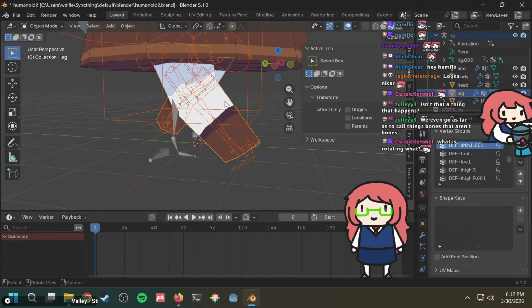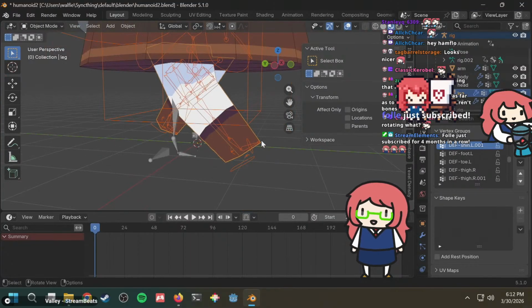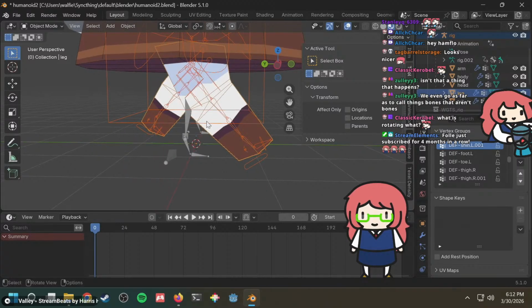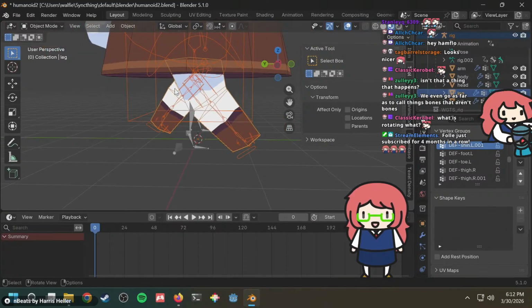Because I thought maybe it was my UV painting that I allowed this thing to have too much control over this, but I don't know if that's the case. I'm wondering if my original bone was maybe rotated incorrectly.